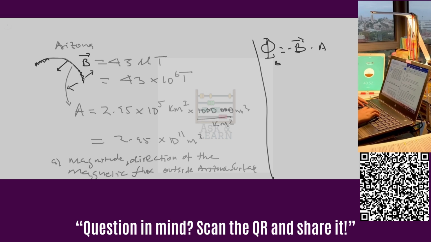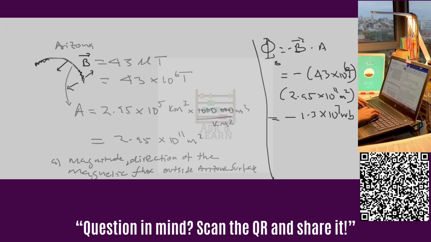So we have negative 43 times 10 to the minus 6 Teslas, which is the magnetic field, and then times 2.95 times 10 to the 11 meters squared. This gives us a total of negative 1.3 times 10 to the 7